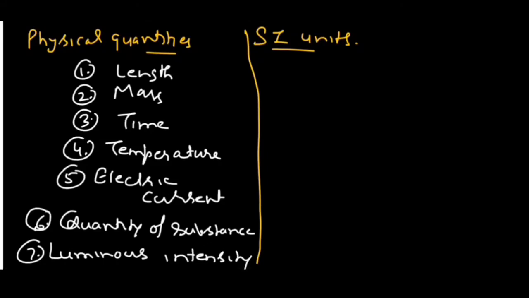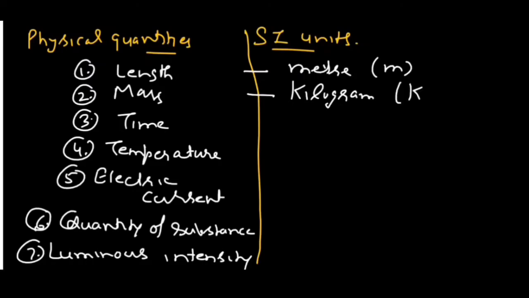Now, what are the fundamental units of these physical quantities? The unit of length is meter, and the symbol used for meter is small m. The unit of mass is kilogram, kg. The unit of time is second,